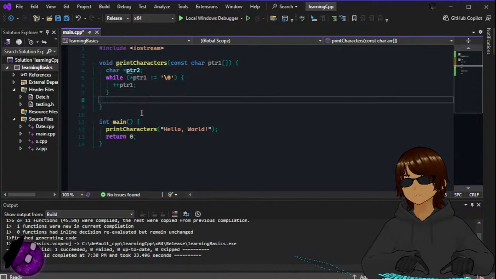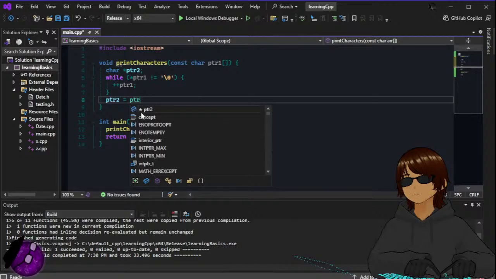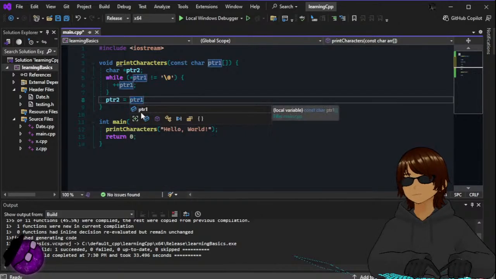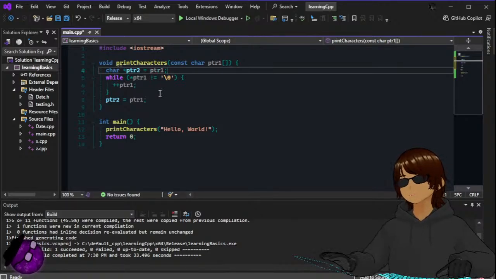And then pointer 2 is equal to pointer 1. Actually, hold on. I will do this. And then